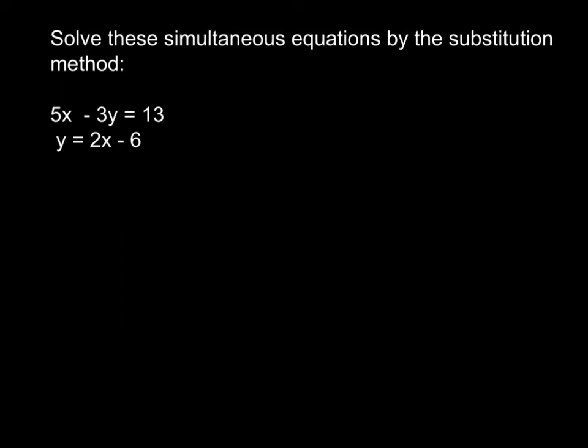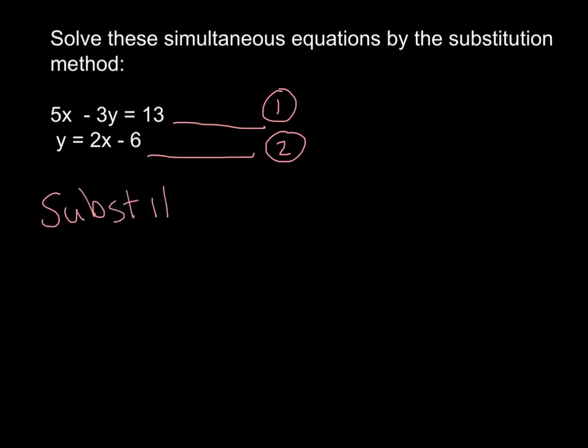So again, the best way to start is to label your two equations. So let's call the first one number 1 and the second one number 2. And then we're going to substitute, hence the name, equation 2 into equation 1. So from equation 2 we can see y equals 2x minus 6. So we're going to replace the y in equation 1 with that 2x minus 6. So equation 1 now becomes